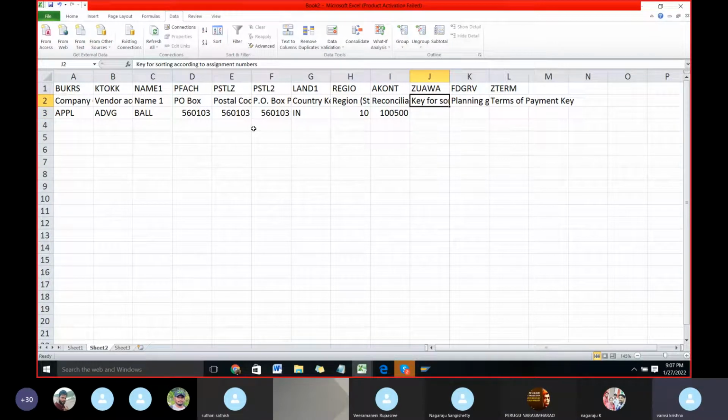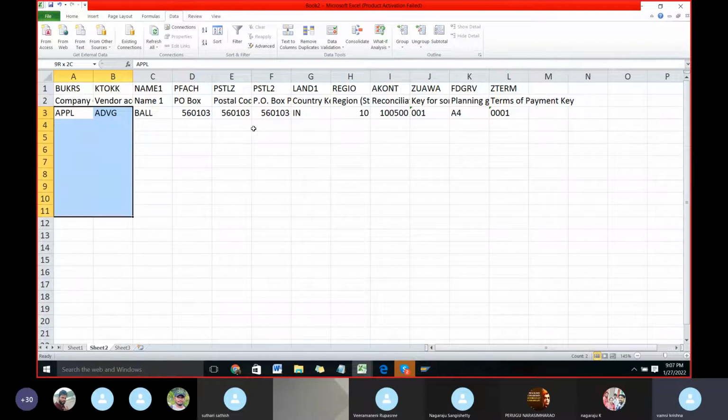And sorting key is 001. Planning group is A4. Terms of payment is 0001. So now here I have created for one vendor, and similarly you can create for hundreds and thousands of vendors,